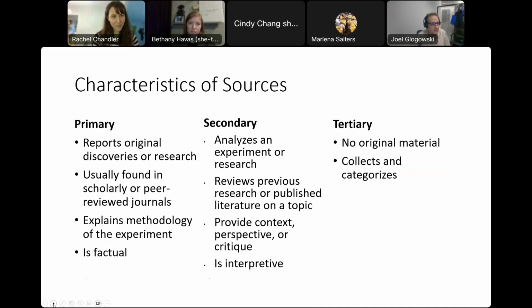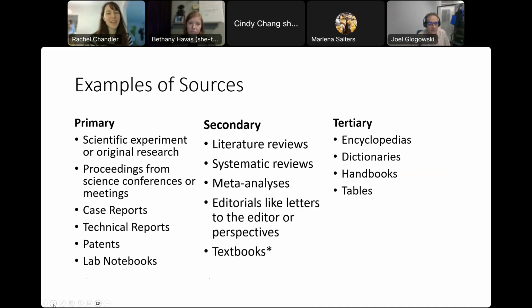So, next slide, Joel. We can see here, yes, reviews published in academic journals are absolutely secondary sources. So this is really important. It doesn't make them any less reliable, but they are a secondary source. If you're looking at a secondary source review, that's a really great place to find primary sources, especially a systematic review and stuff like that. So if you go to the reference section,